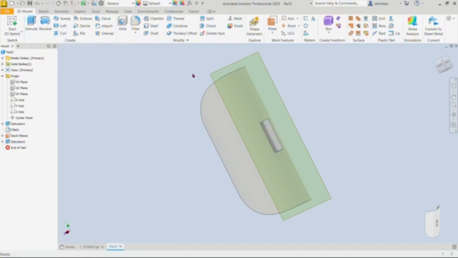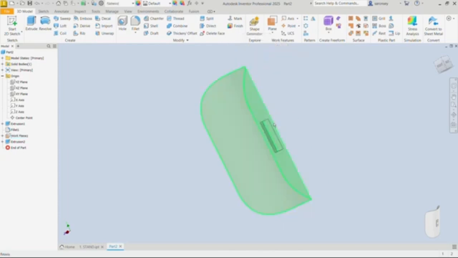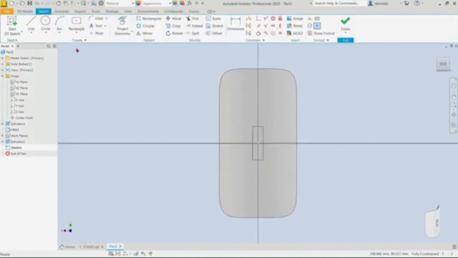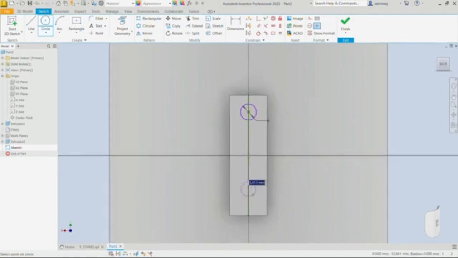Now we can turn off the visibility of this plane, so just touch on it, right click and choose the option that says visibility. Now on this face, we are going to create a sketch. Let's pick the circle command. Let's draw a circle here. The diameter of this circle is 6. Let's enter that. We also have to draw another one here, but apply an equal constraint between the two,